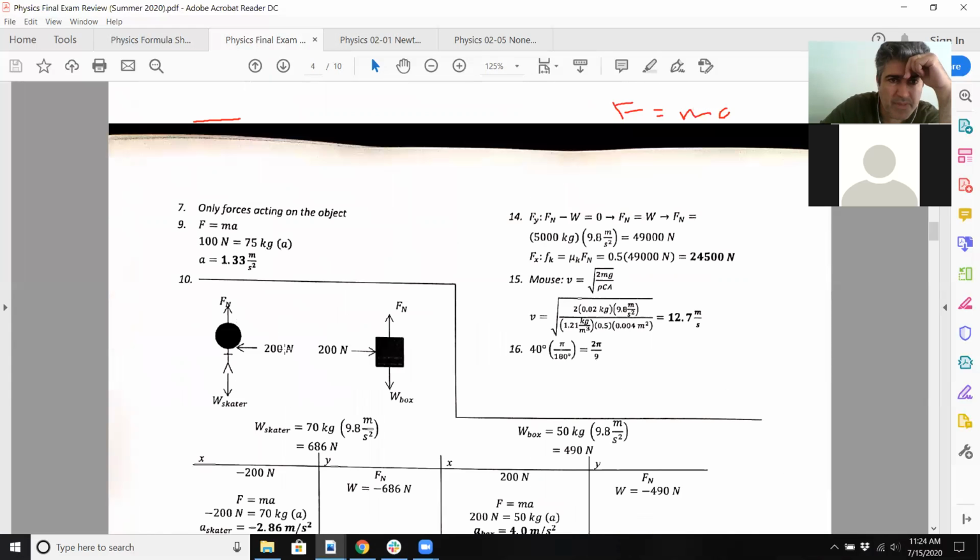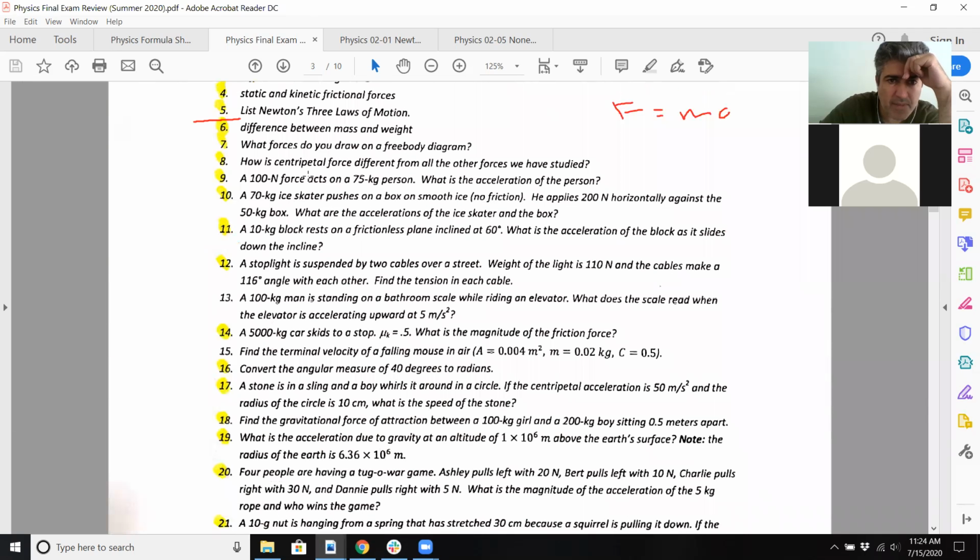And then of course 11, yeah, so you will need to actually calculate the weight and then break it down into its parallel and perpendicular components. And then you'll need to get the normal force. Actually, no, it's frictionless, so you don't need to worry about that. So in this case, you really just are finding the parallel weight, I guess. Yeah, so in this case, you're doing this. And I don't want to take too much time, but for 11,